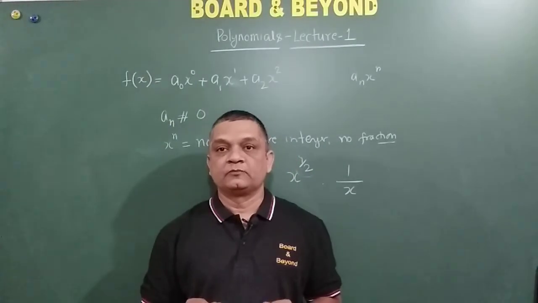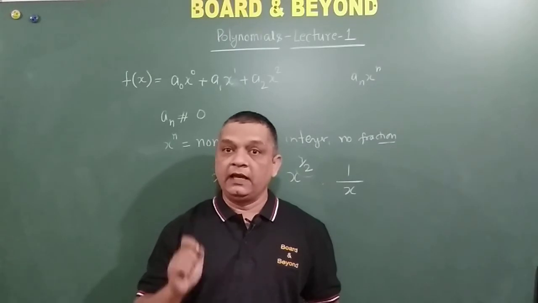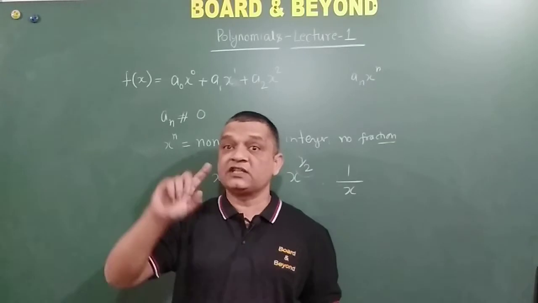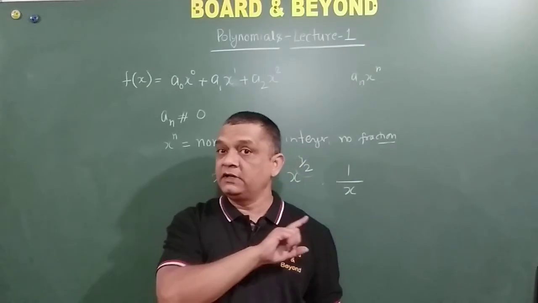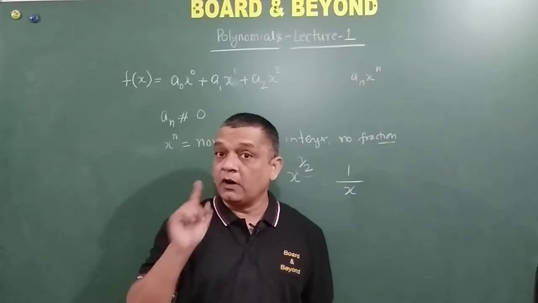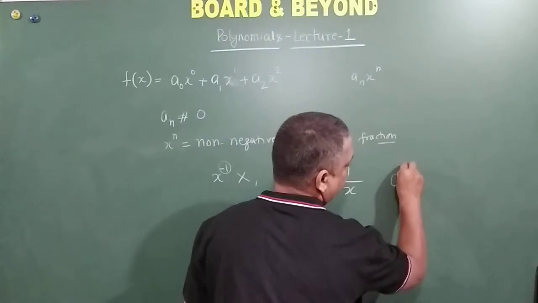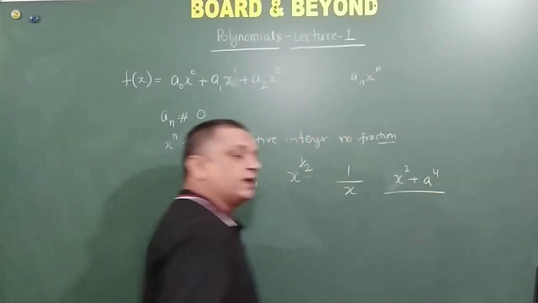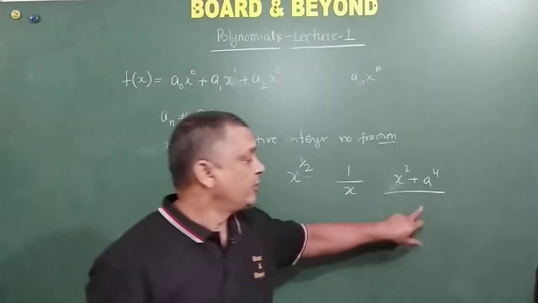So friends, first, degree. The degree of the polynomial is the degree or the power of the variable, the highest power of the variable. You can consider it like this. The highest power of the variable of the expression is called the degree of the polynomial. Please mind it, highest power of the variable, not of the constant. Sometimes you will be given something like x raised to power 2 plus a raised to power 4. What is the degree of this polynomial, friends? The degree of this polynomial is 2, not 4, because this is a constant.